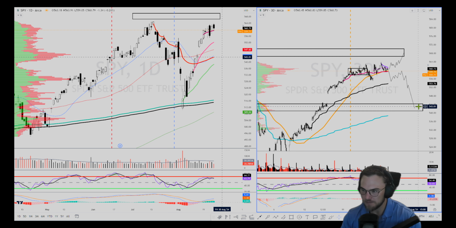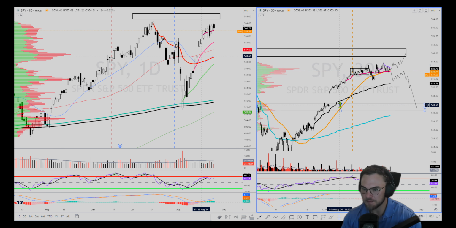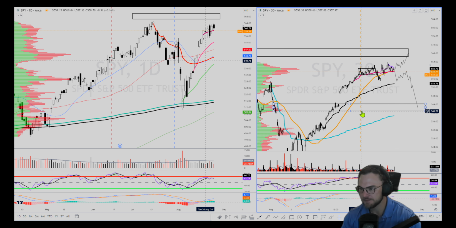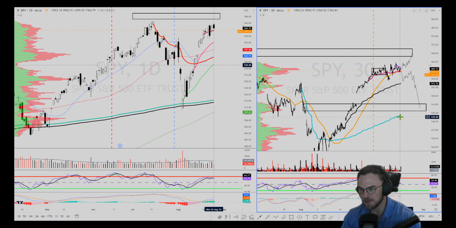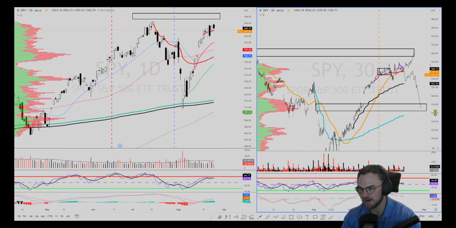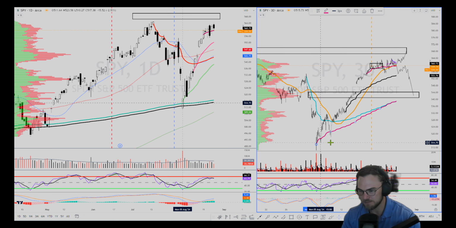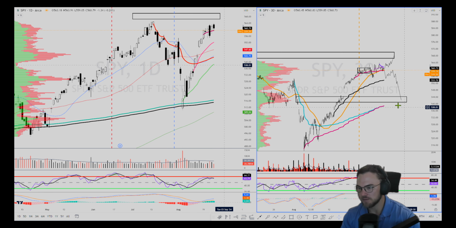Potential levels we'd be looking for demand would be this 543 to 540 area. And we could see we got the month-to-date VWAP right here at 538, which is a very similar price to this VWAP at this low. So maybe that's the key area where this level of resistance could then act as support. We could see this VP gap area right here.